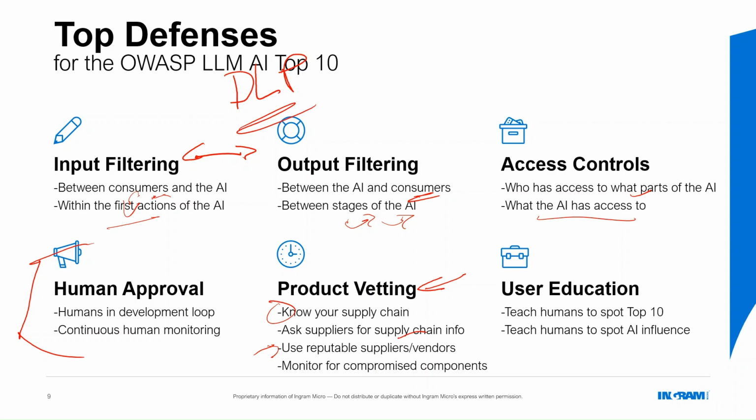And then last but not least, of course, is user education. It's just as natural as we have phishing education and things like that these days, we need to teach your users to spot problems that could be happening in AI. So either spot things that are in the top 10, all the 10 things I talked about here, or teach humans to spot AI influence, to say this is an AI influenced document. I detect this phishing email, or I detect this malicious output. I know I shouldn't click on that. I know I shouldn't ask this question. That's teaching the humans to spot the influences of AI.